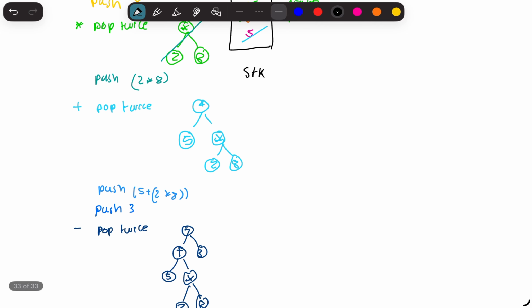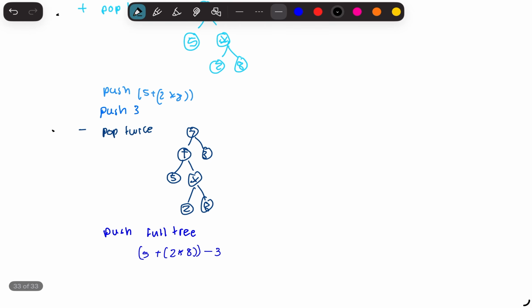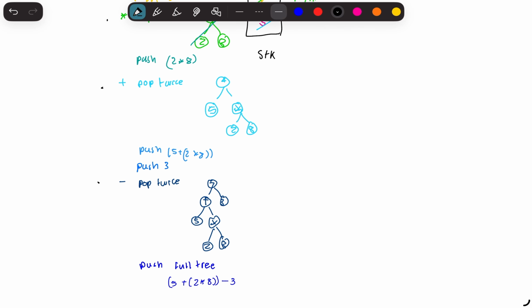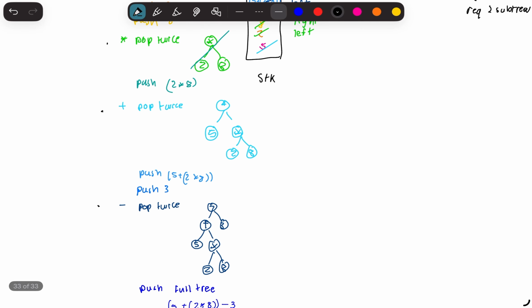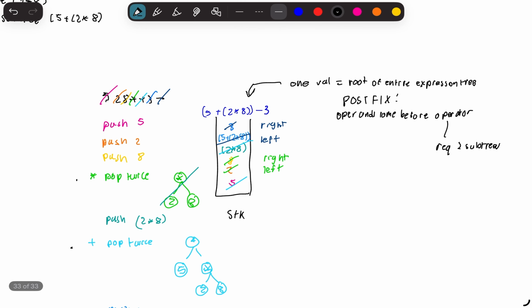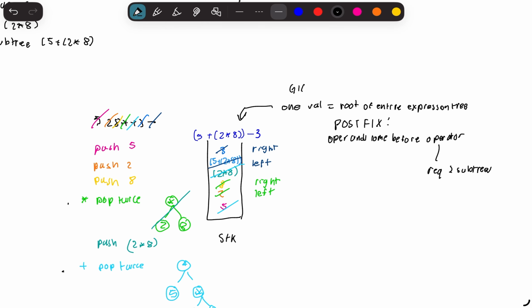So every time we saw an operator, like here, and here, and here, that means that you saw 2 mini trees, and you're going to combine them into a bigger tree. And then eventually you're going to take that big tree, and pop it back onto the stack until one giant tree remains. You've got your giant tree. So yeah,